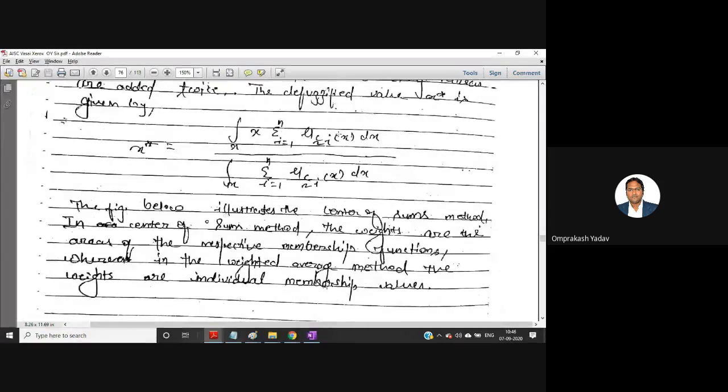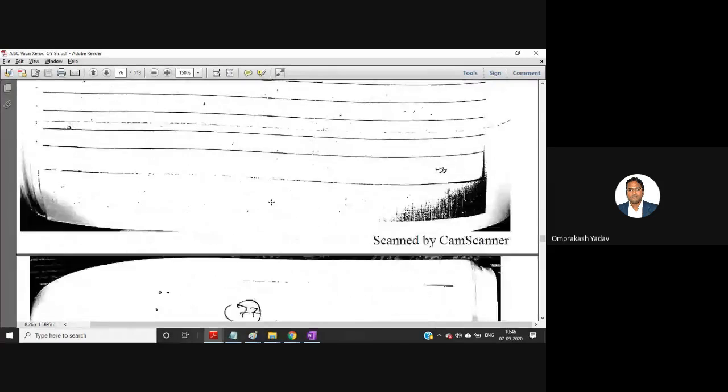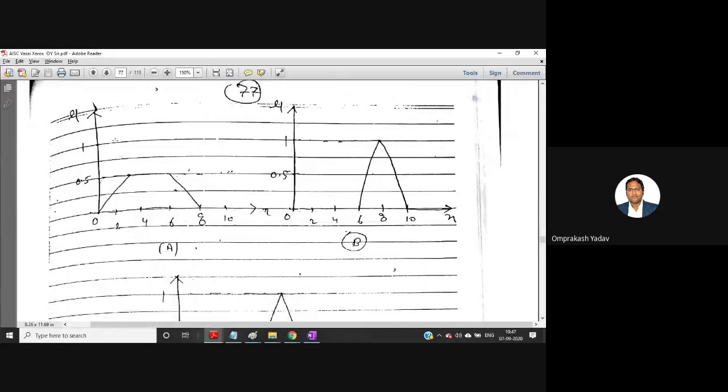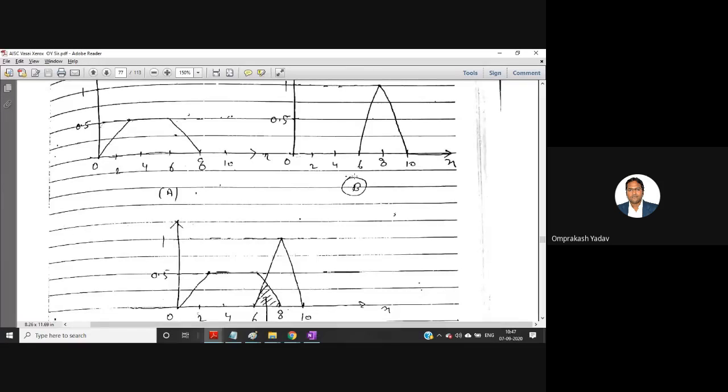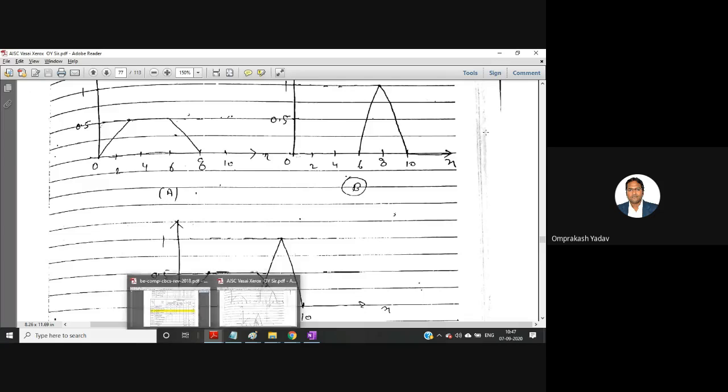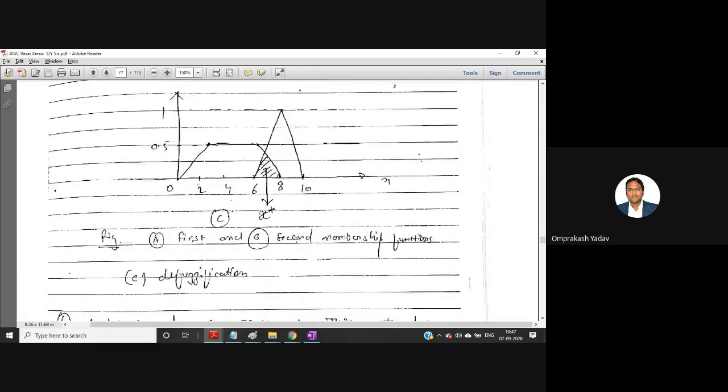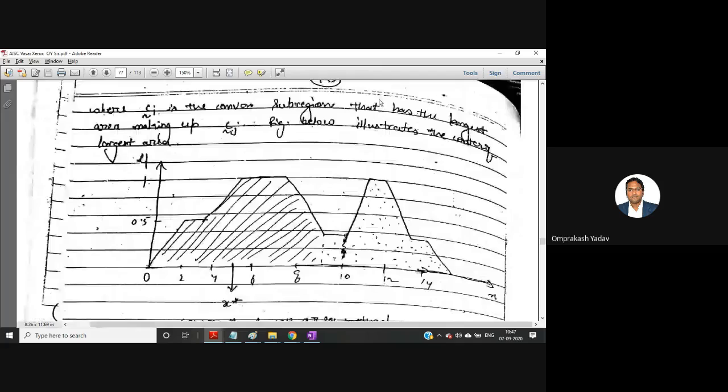So this is the formula. Let's see how to first solve this particular thing. Suppose this is one graph, this is the second input graph, and this is the final output graph. We will calculate the area of this particular part plus the area of this entire shape and add them. So this intersected area will be added twice. But anyway, this is how we are going to calculate. So let's go to the sum.